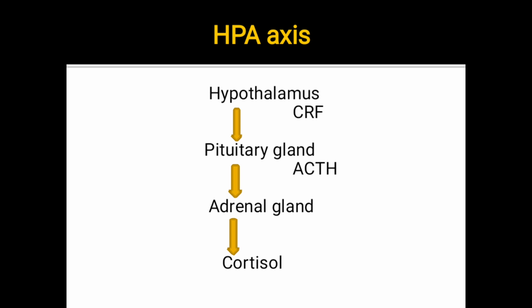How is this adrenal gland stimulated to synthesize glucocorticoids, that is the cortisol? The corticotrophin releasing hormone is secreted by the paraventricular nucleus of the hypothalamus, and this hormone reaches the anterior pituitary through the hypothalamic hypophyseal portal system, and this will stimulate the synthesis and the release of adrenocorticotrophic hormone. So, this adrenocorticotrophic hormone is secreted by the anterior pituitary, which will act on the adrenal gland and stimulate the secretion of the glucocorticoids, that is the cortisol.